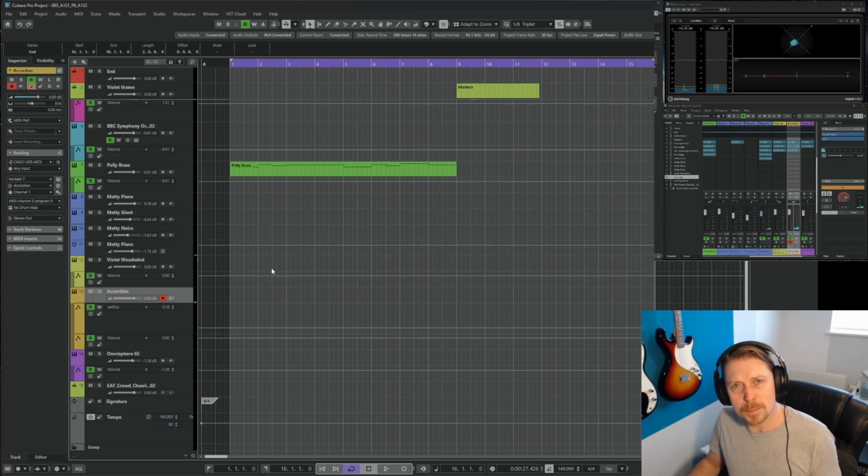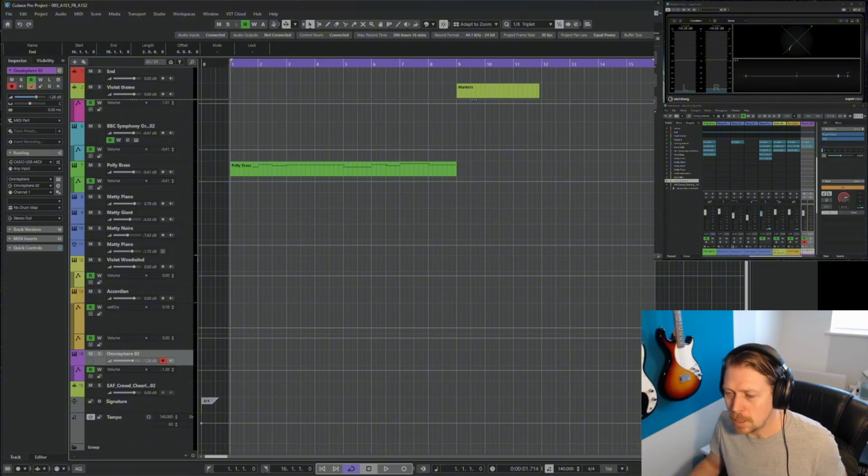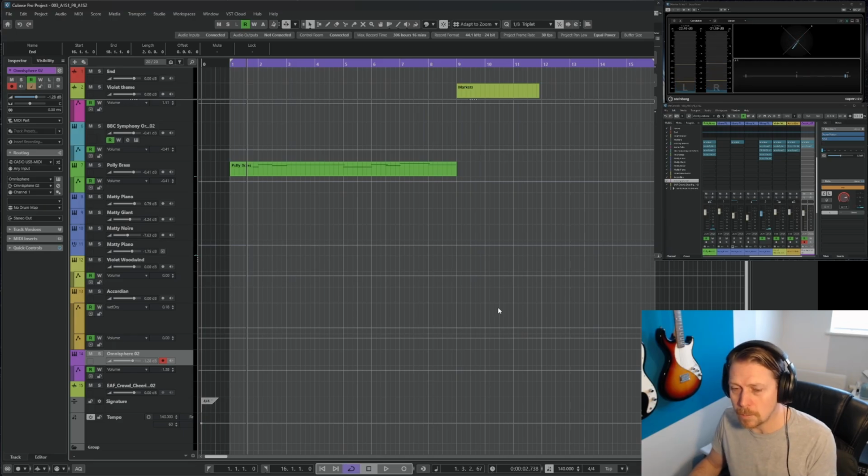So I'm just going to have a mess about now, see if I can come up with anything that flows nicely out of the brass into that. And I think what I'll do is keep this 4/4 for now for the whole thing, and then at the start of the next scene, I might move back to the kind of Victoriana 3/4.